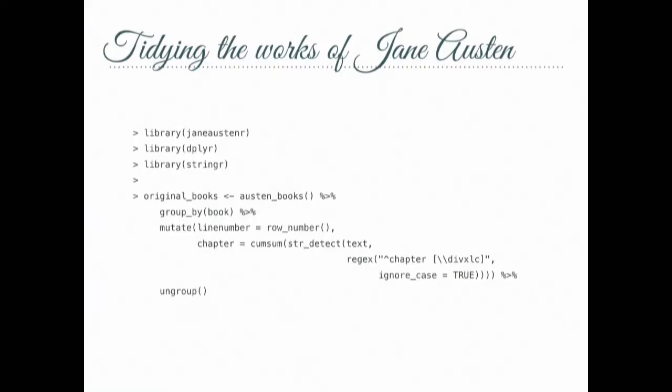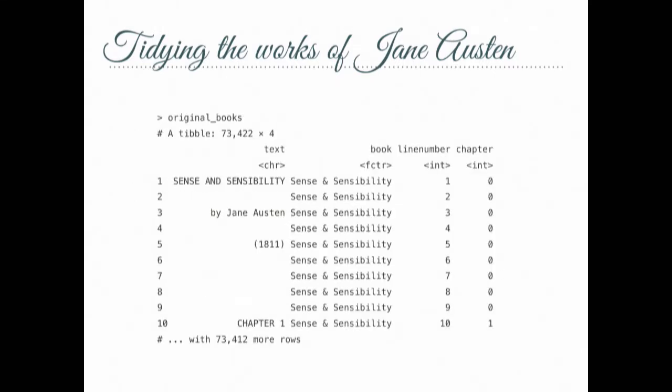Let's take the 6 published completed novels of Jane Austen, and let's tidy them. You can access the 6 completed published novels of Jane Austen in R from the janeaustenr package. Let's set up a data frame that is going to look like this. There's a text column that contains the actual text content of the novels, then some other columns that annotate them.